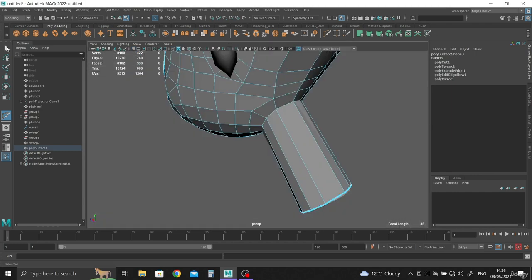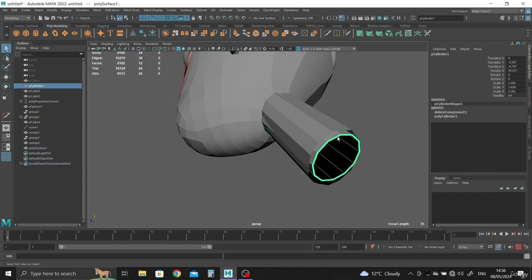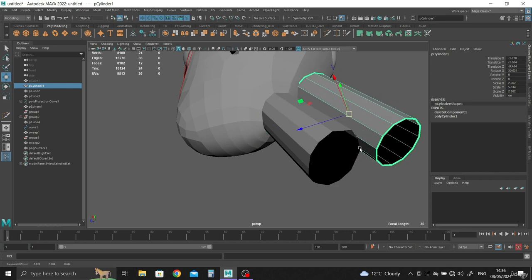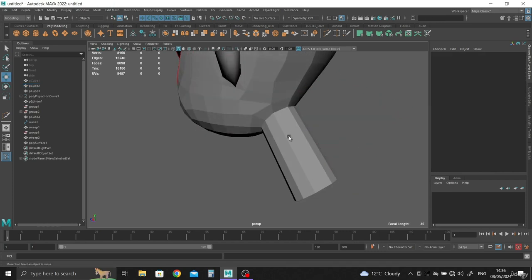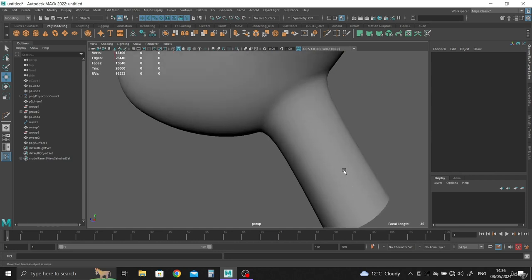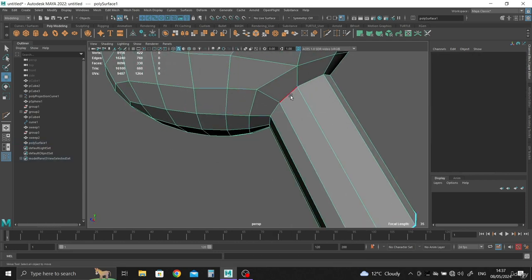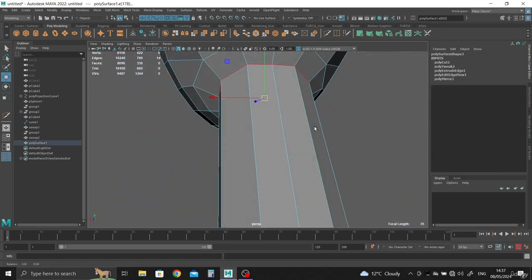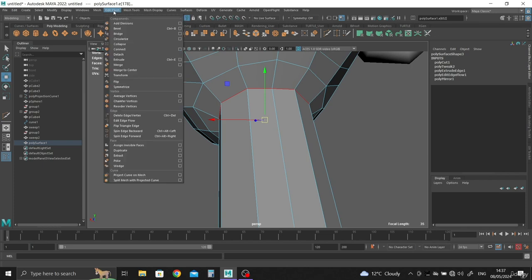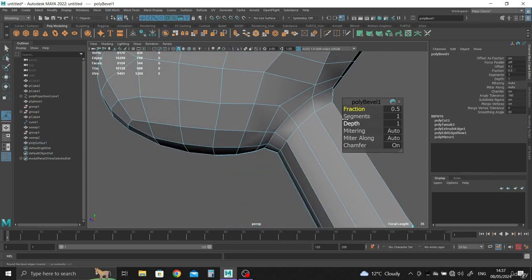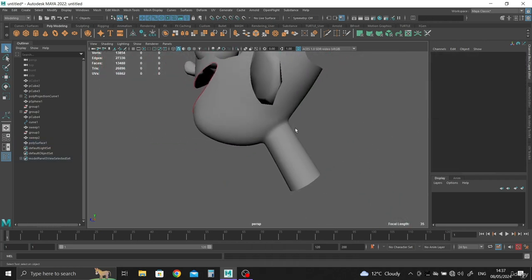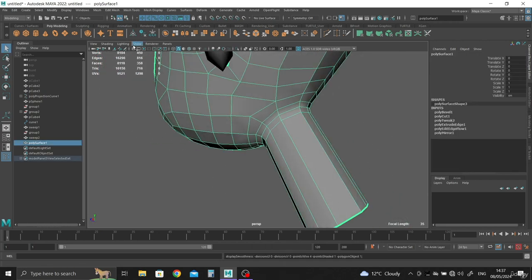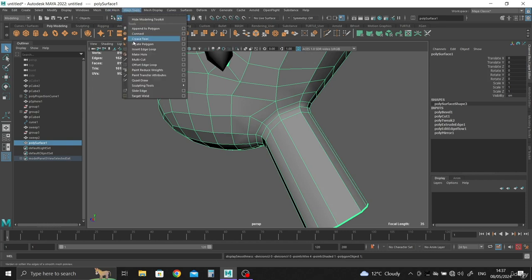So this original cylinder, we're done with it now because we used it as a guide. Get rid of it, and look at this now. When you hit 3, the neck is perfectly attached to the head. What we can do is grab the edge here, so this edge loop that runs round, and edit mesh and use a bevel, and maybe let's say segments 2, just to tighten it a little bit, and there we go. And so we can grab the multi-cut,